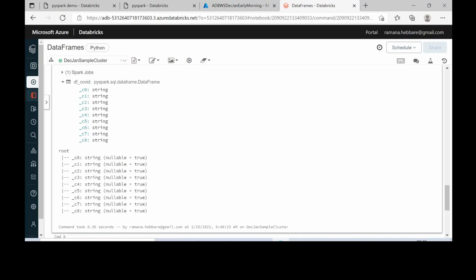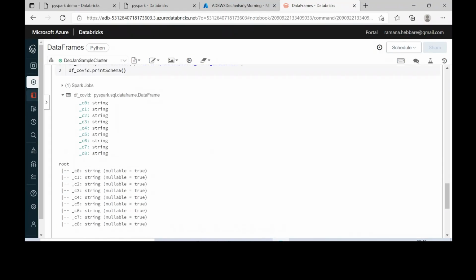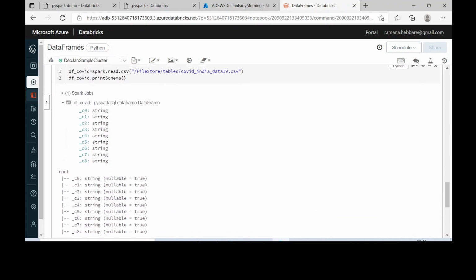If you see here, I have 9 different columns, and all the columns are considering the values as string values. Here I do not want this C0, C1, C2. So for that,